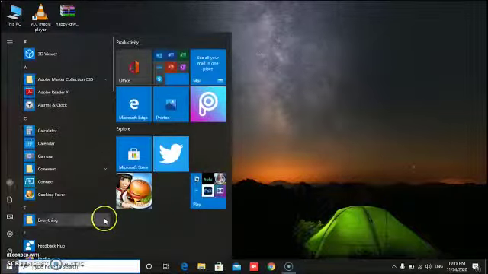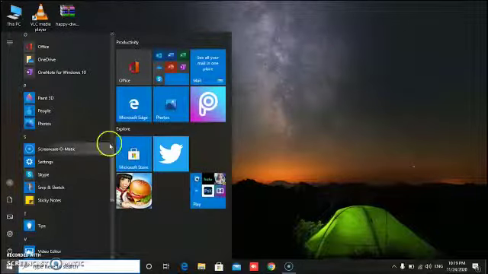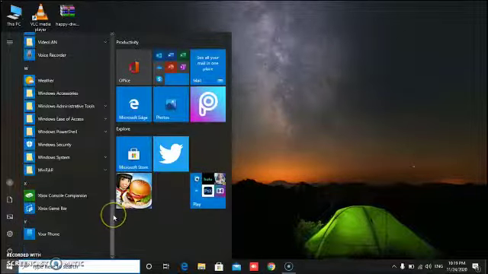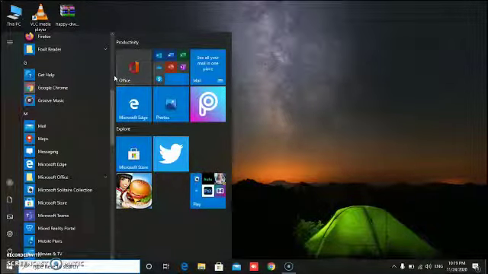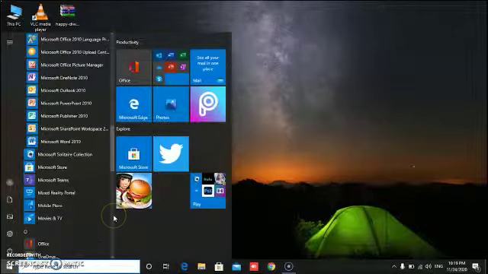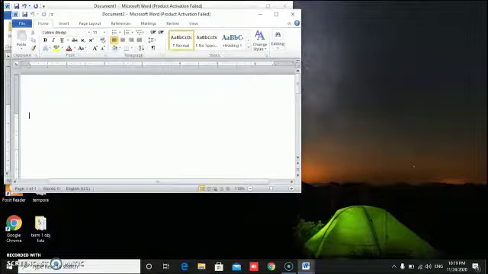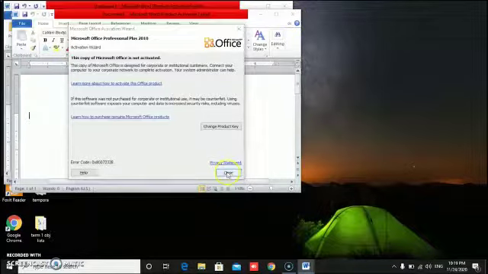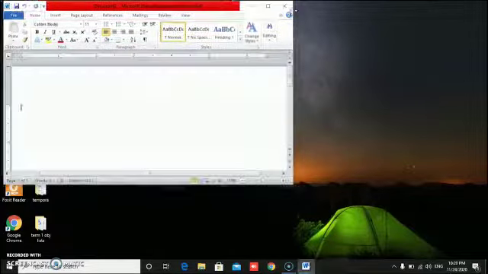Okay, and check where is Microsoft Office. Microsoft Office, here it is. Then click on it. See where is Microsoft Word. Microsoft Word 2010. Here I am using Microsoft Word 2010, 2007. So please see carefully.